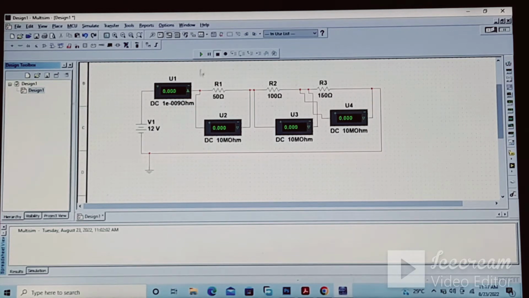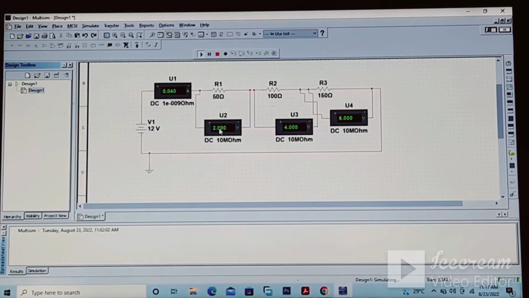Now this is the button to run the simulation. To resume the simulation, the circuit will work. Now let us see. This is the current, 0.04 ampere, flowing through the circuit, because this is a series circuit. So obviously the resistances are connected end to end, so there is only one path for the current to flow. So the total current of the circuit is 0.04 ampere, and the voltage across